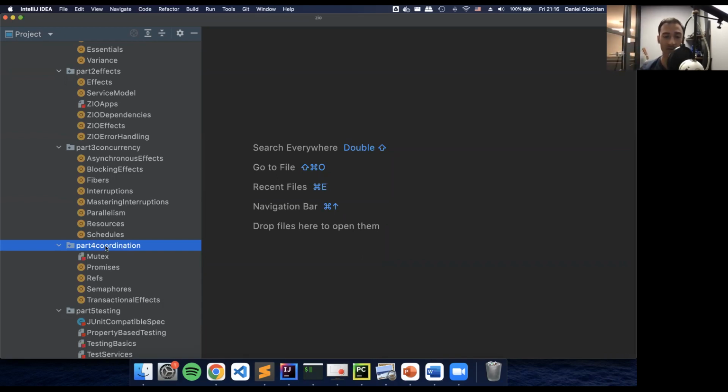So this is why I've dealt with refs and promises, which are the two fundamental concurrency primitives. And then upon those two, you can build a lot more complicated concurrency primitives, such as a mutex or cyclic barriers or countdown latches and all that good stuff. I'm only dealing with a mutex because even implementing a mutex in purely functional terms is quite involved.